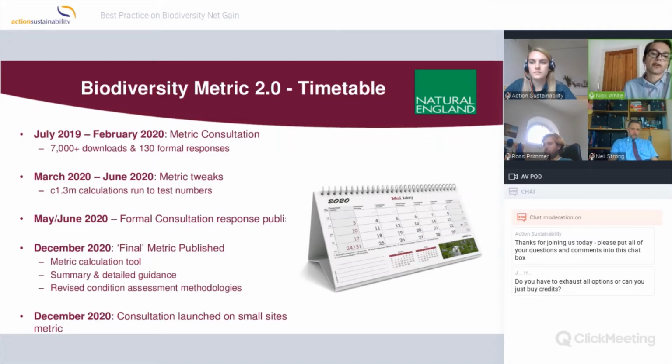Again, it will come with a free calculation tool, as well as summary and detailed guidance and revised condition assessment methodologies. At the same time, we'll also be releasing a test version of a metric for smaller sites, essentially a simplified version of the main metric for use for smaller developments, and that will be going out to consultation in December of this year.